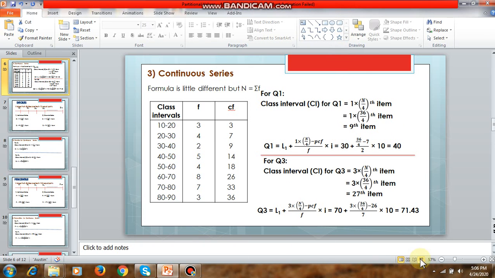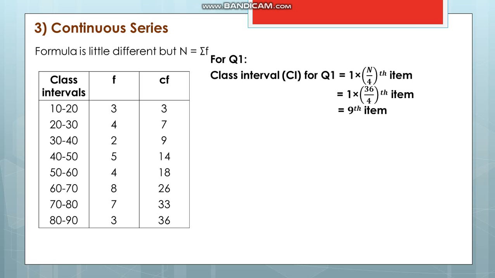So in case of a continuous series, first we have to identify the respective class interval, and once I identify the class interval, then naturally my next step will be to find out the quartile in that particular class interval. So we have certain class intervals here: 10 to 20, 20 to 30, 30 to 40, 40 to 50, and up to 90. These are the frequencies of the respective class intervals, and these are the cumulative frequencies: